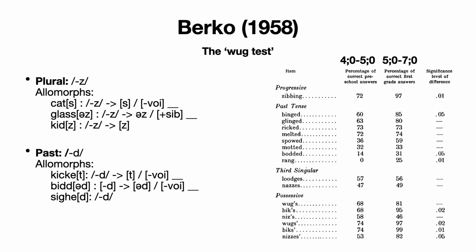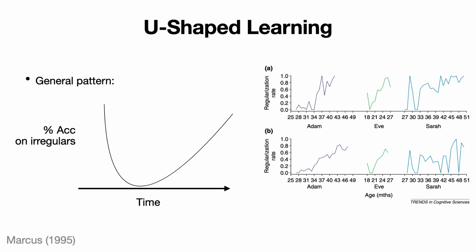So, what do we know about the irregulars? Well, one of the things that we observe is something called a U-shaped learning curve. A U-shaped learning curve is something that we actually see in other contexts when children are learning language, and I believe in learning other things as well, where children start in earlier ages showing very good accuracy, meaning basically showing adult-like behavior, right? So they look like adults at first, and then they get bad. And then suddenly they seem to not behave adult-like, and then they slowly creep back to adult-like behavior. So in other words, when we're looking at how children produce irregular forms of verbs, they start out by saying made, did, saw, and then they start saying maked, doed, and seed, and then they slowly return to saying made,